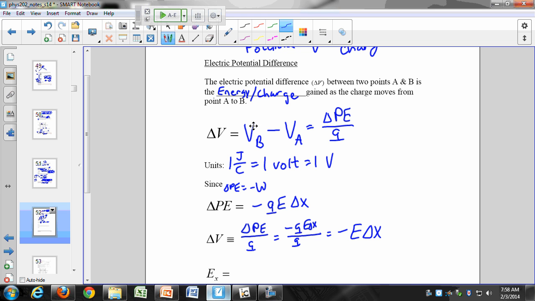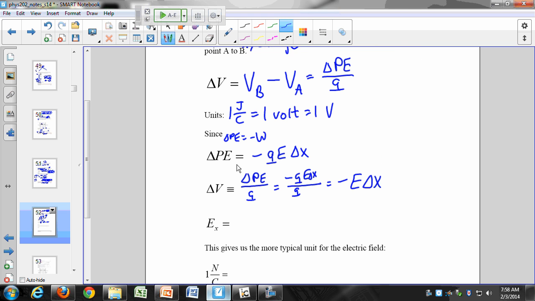We want to describe the electric field in terms of the voltage. So we can describe the electric field like this: it's going to be negative delta V over delta X. Later, we'll come back to this. That's why I'm going through this. Right now, it's not terribly important, though I want to show you two things.